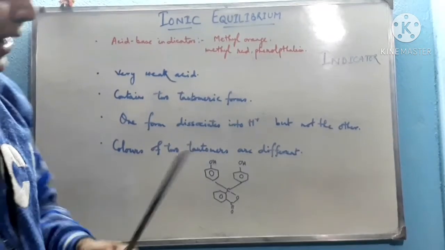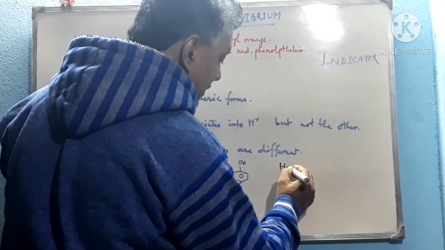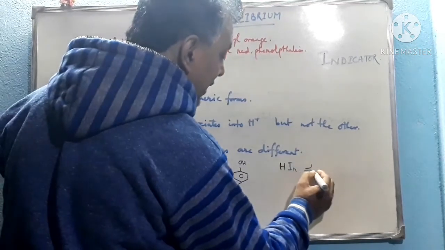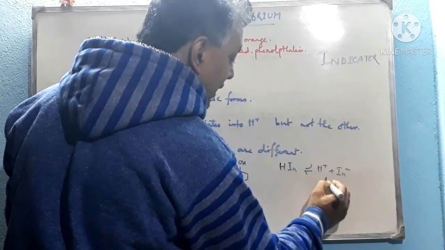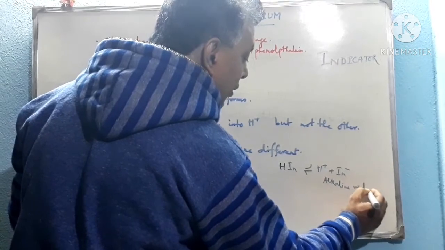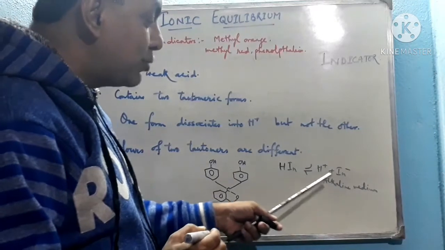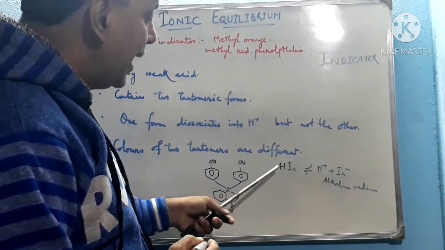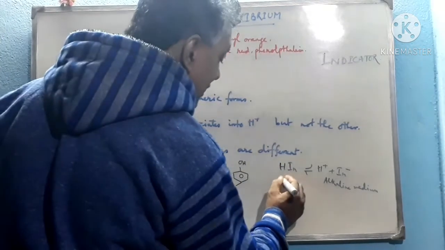Any acid which acts as an acid-base indicator can be denoted as HIn, because it is a very weak acid, and it dissociates to form H+ and In-. This dissociation occurs in alkaline medium, because the forward reaction takes place after the removal of H+, since alkaline medium supplies OH- that combines with H+ to form water and hence removes it from the reaction medium. Again some HIn dissociates to form H+ and In-. So this is the alkaline medium, and this is the acidic medium.